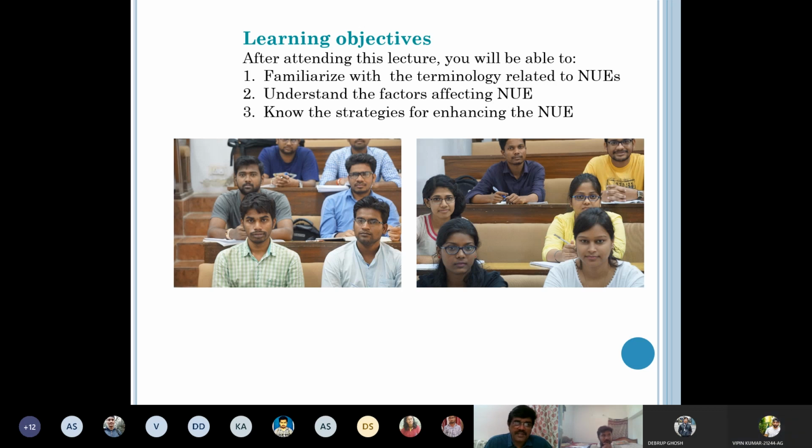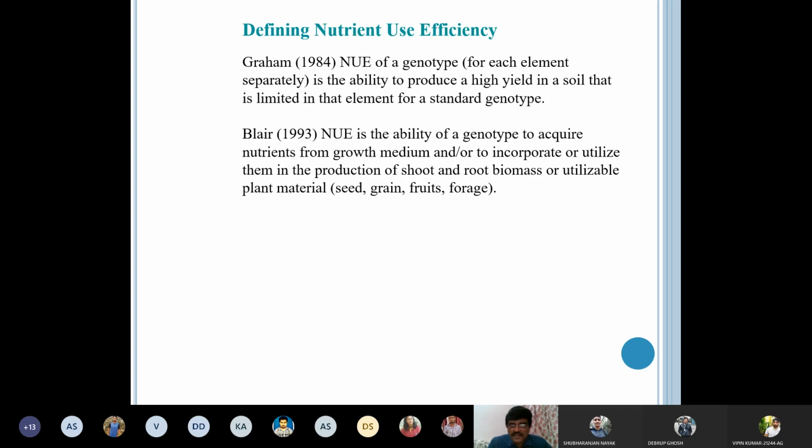Friends, if we know the reasons, if we know the factors why a particular thing is going down, or why nutrient use efficiency is low, then we can easily manage those factors. First thing is that we should know what are the things that are causing low nutrient use efficiency. And then in the same way we can overcome, we can remove those factors. So we will see how to manage or how to enhance the nutrient use efficiency. So let us see in the beginning what is nutrient use efficiency.